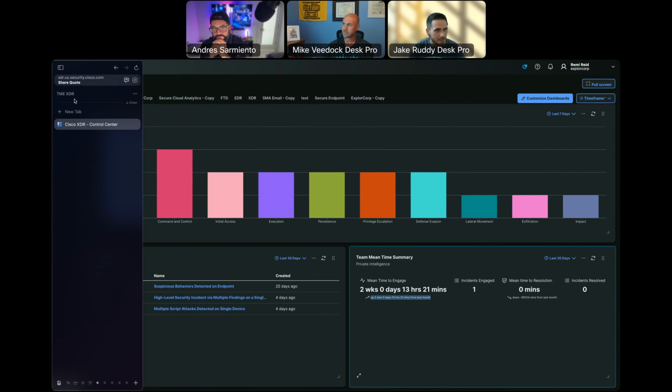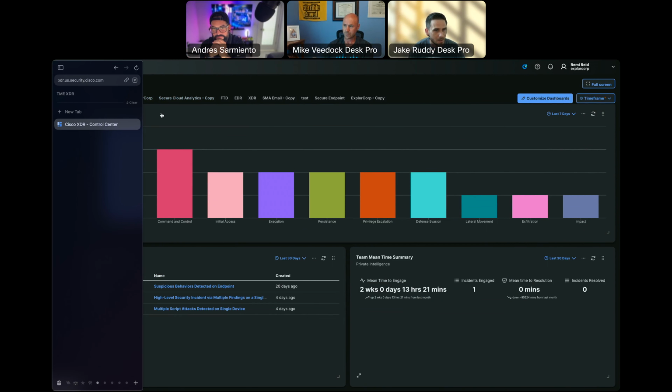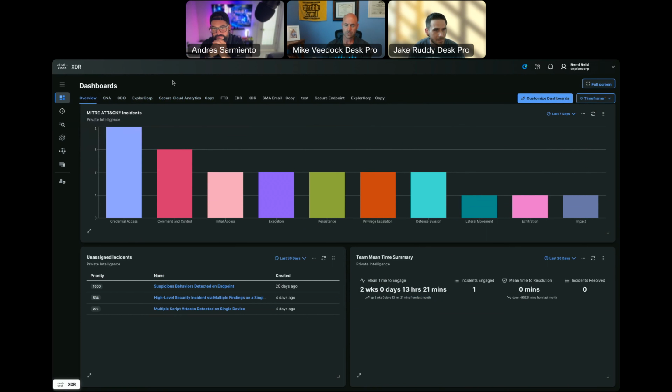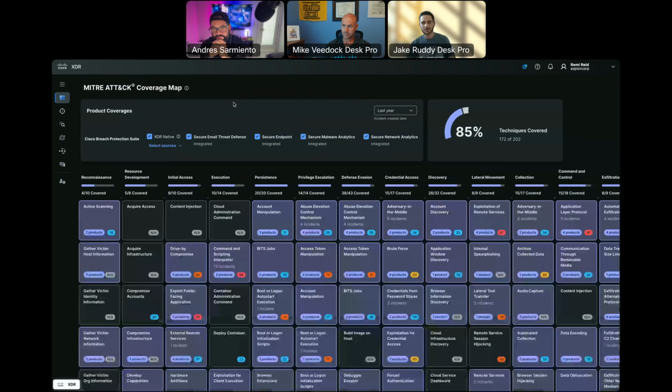Final dashboard I'll touch on, and I want to touch on it because this is fairly net new to the product and a whole ton of work went into this. If I can get my toolbar to pop out, is this MITRE coverage map. Again, as we go through the incidents, we're also going to see this MITRE concept play very heavily into how these incidents occur and how they're scored. We also have this MITRE matrix, this MITRE ATT&CK coverage map. I'll preface it with, currently this only uses the Cisco security products.